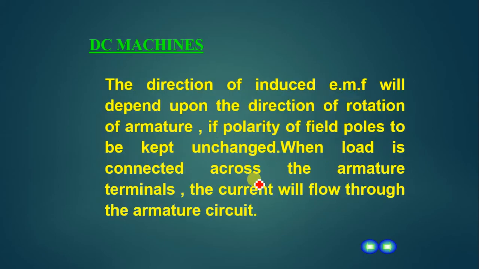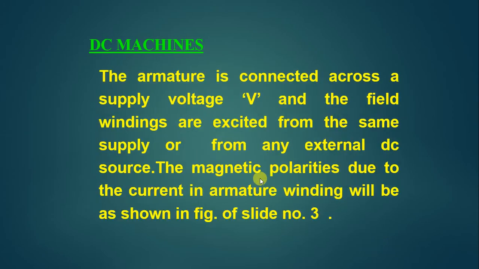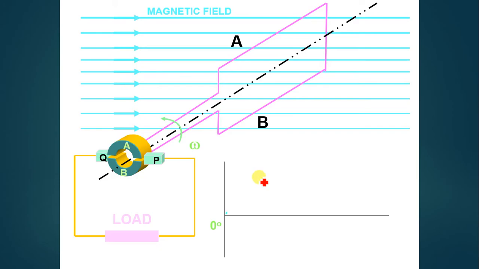Coming to the working of this particular DC machine or any DC machine, you have commutators A and B. Q and P are the carbon brushes. You have an armature coil. In this, only one coil, one particular winding, is shown for understanding, which is represented by A and B. You have magnetic lines of force or flux passing through this.